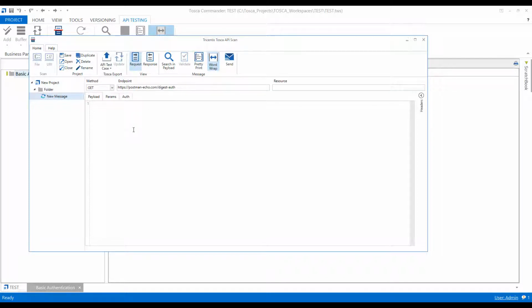So now I'll show you how we provide that authentication. I'll go to the authentication tab, and I'll select the authentication as basic, and here I'll select Postman username and password. I'll give the password, and now I'll send this same request and see what response I get. Send. Yeah, now you can see that I got the response as authenticated equal to true